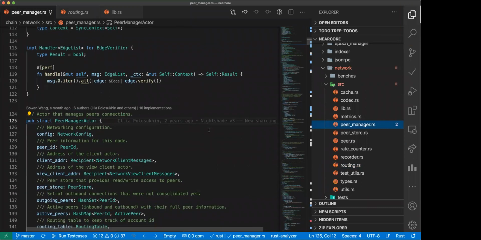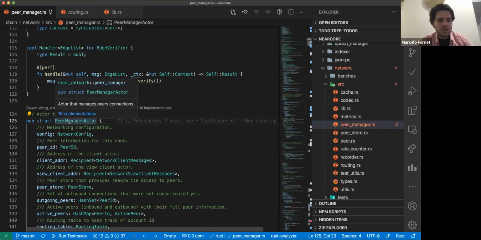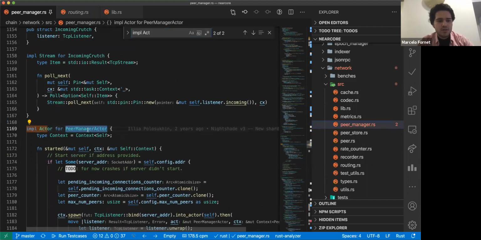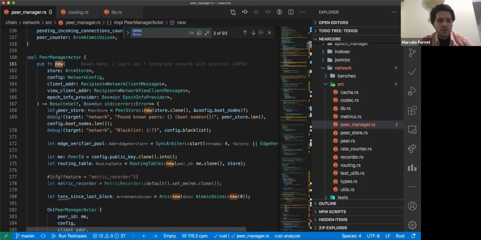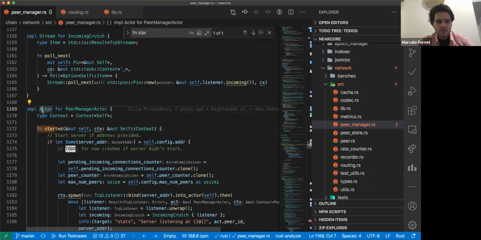We are using, overall in NEAR, Actix for handling asynchronous computation, which is leveraged here in the network code. Basically, this peer manager actor is itself an actor. It implements Actor, and initially it's built by calling the function new, but when it is started, the function started is called. This is already handled by